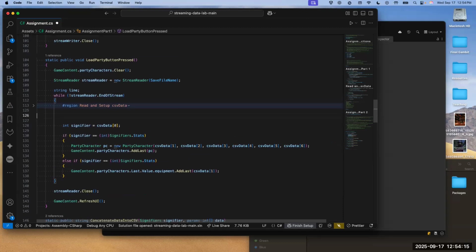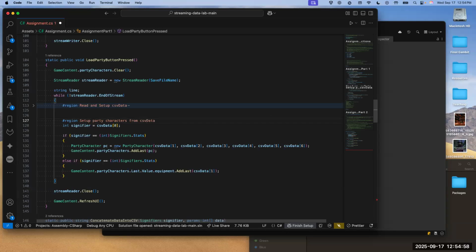Yep. I mean, we could maybe also throw another region here. Parser. Okay, yeah, process. That makes sense. Data. To load, to create. Would it be easier to just say set up party characters from CSV data? Yeah, I think that's right. Set up party characters, just to keep it consistent, where we have set up above. Yeah. So we say set up party characters from